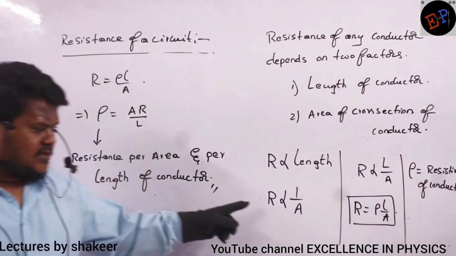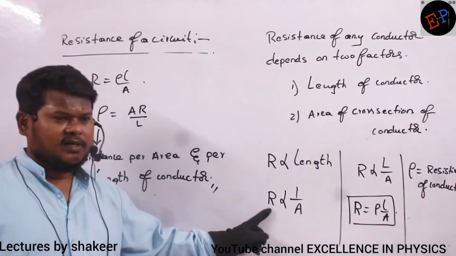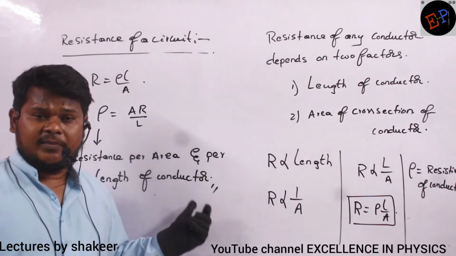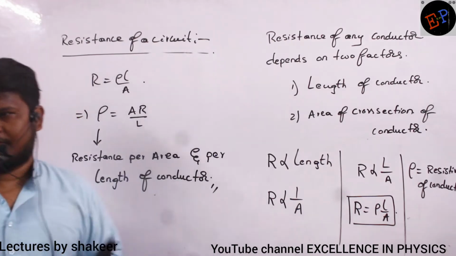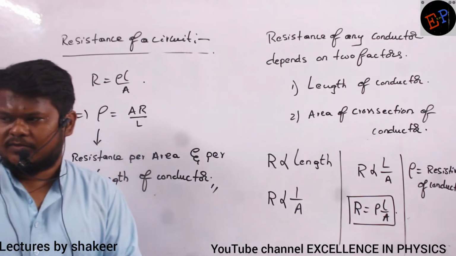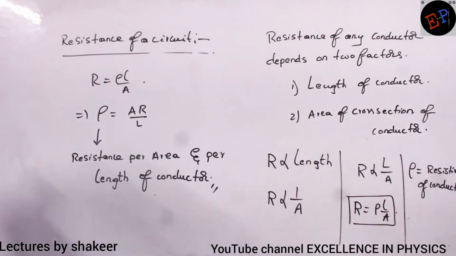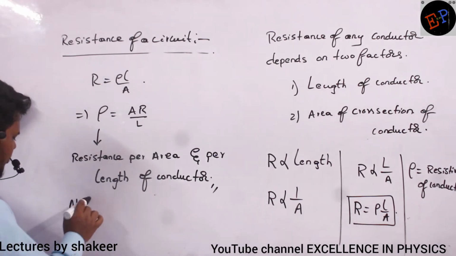It means that resistance depends on physical dimensions, but resistivity does not depend on physical dimensions. This is one important point which you should understand. Are you able to understand? So what is the note point here? We have to write, note point is that